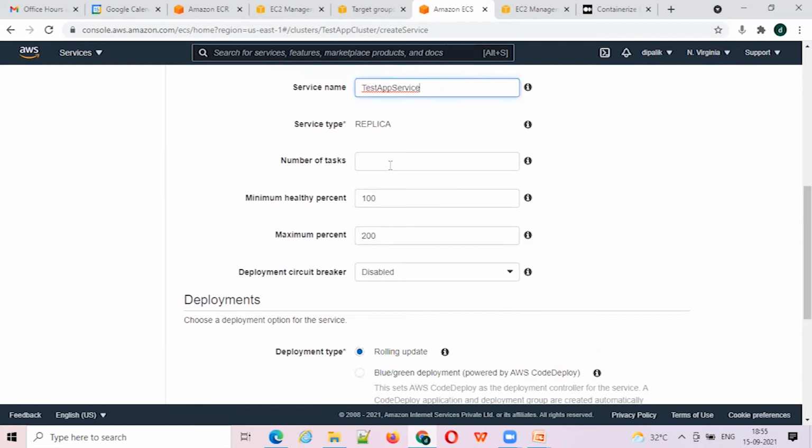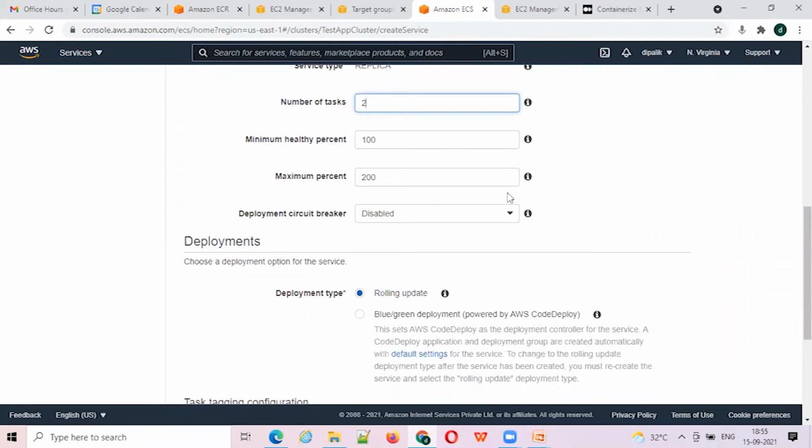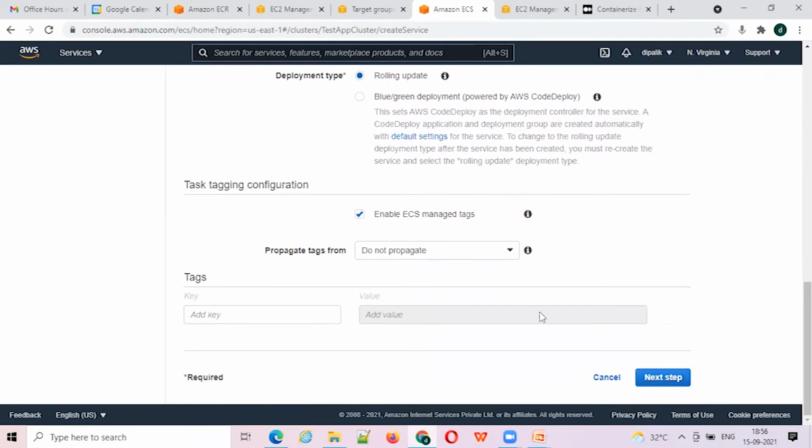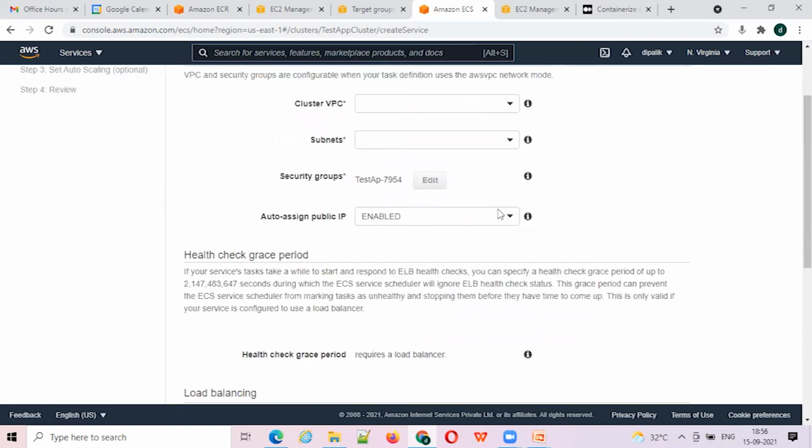Here we need to define the number of tasks. So as per our architecture, we want to create two instances of this application. So we are creating two tasks. So two instances of the same application will be running in this ECS cluster. So at any point in time, you will have minimum two tasks running for your application. All right. And why did I say minimum? Because if I am configuring scaling, then I can increase the number of tasks whenever more traffic is coming in. Then I can simply move on to the next step.